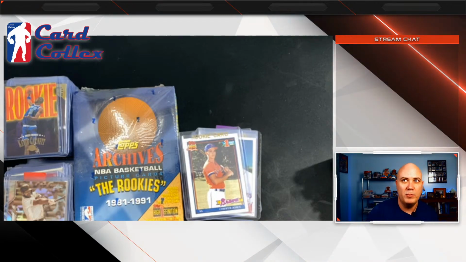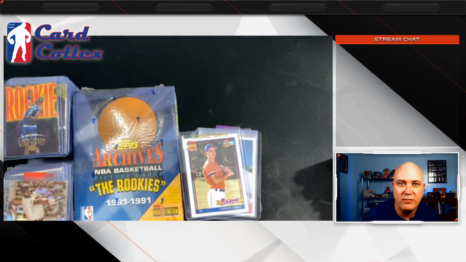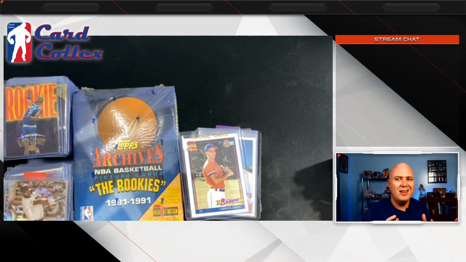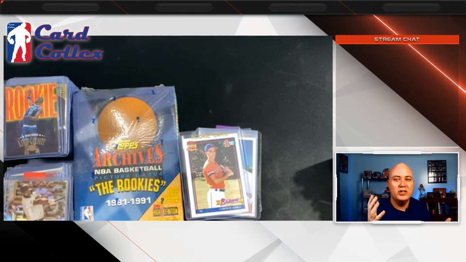I think once basketball season's over and football season's over, there's going to be a lot of sell-off from people that just deal in basketball and football. I think a lot of money's going to carry over into baseball, but not all of it. So I could see the market in general going down midway through baseball season.